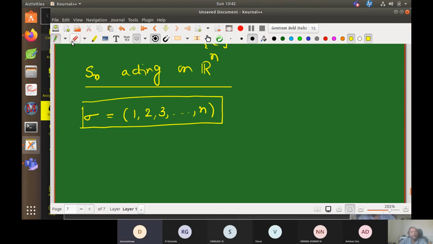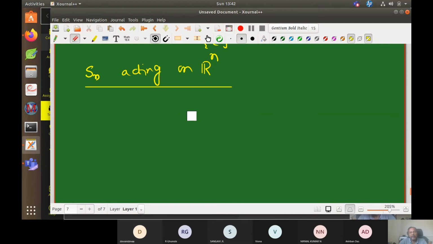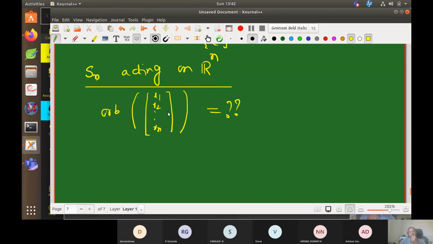First give me a minute. Instead of this, I want to start with one element and see how it is acting on Rn, so you will get some idea. But while finding the orbit, you will take an element from Rn, which you should not forget. So I will take (x1, x2, and so on, xn). The orbit of this is equal to what? Now can you give me the elements for which the orbit contains only one element?